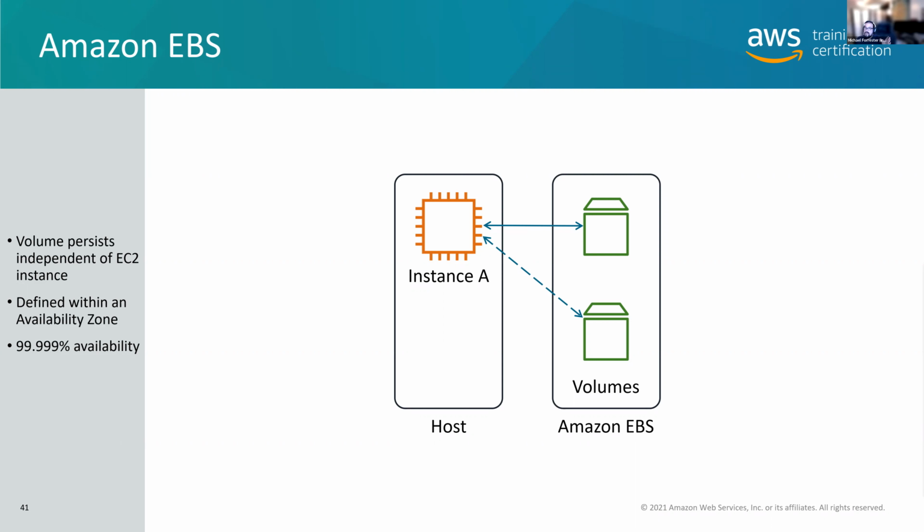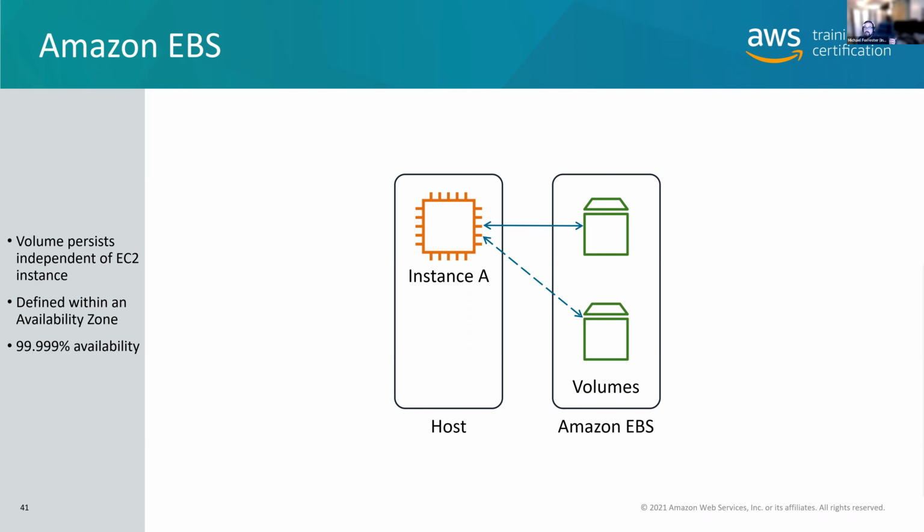You can corrupt the file system super easy if you do not use a cluster file system on that volume, or you can put it in read-only mode if you want to. But just know that that's not a typical use case. Typically, an EC2 virtual machine will have the only thing attached to that disk drive.